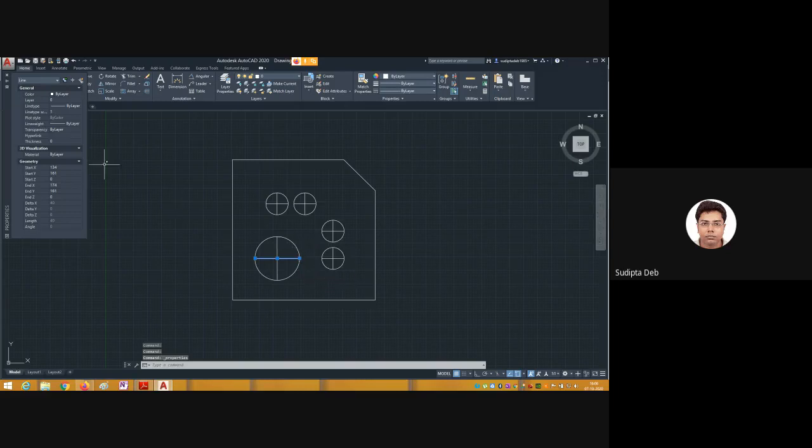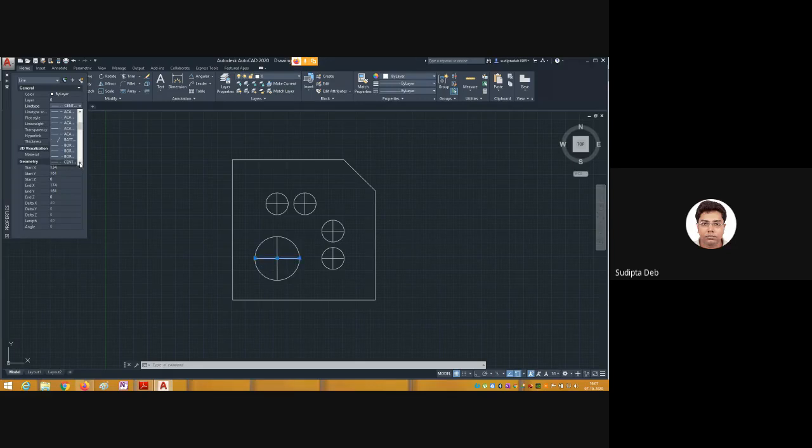When you click on the properties, the first one is the color. It is not required to change the color right now, but you can also change it. Line type. Select this one. It is default setting by layer. Now if you want to find the center line, press only C. When you press C, it will go directly to the center.